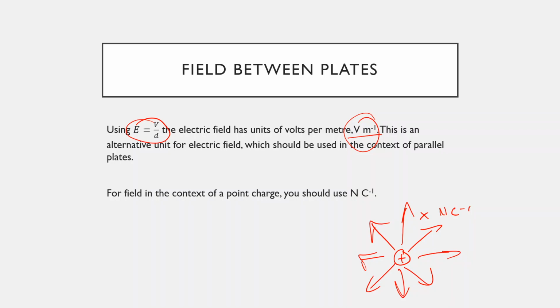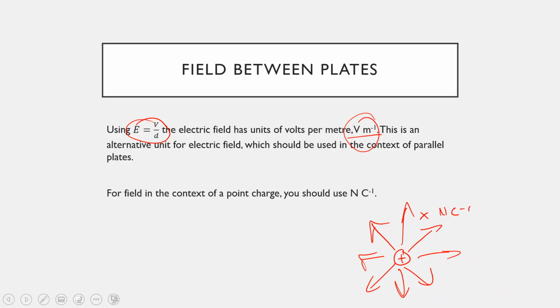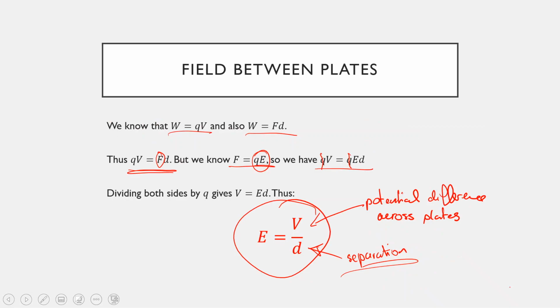Okay, cool. So that's it for this video. Go back and make sure you understand the equations that are involved. Mainly we are looking at this equation here, E equals V over d. Also make sure you understand this equation, the work being a function of the charge and the potential difference. As long as you understand what those equations are talking about and how the energy of your charge changes as it moves between the plates, it could either be speeding up if it's getting attracted to the other side, or slowing down if it's being repelled by the other side, as long as you understand all that,